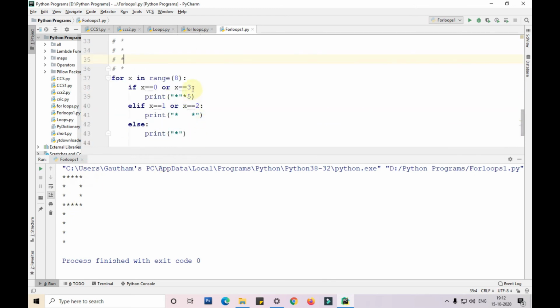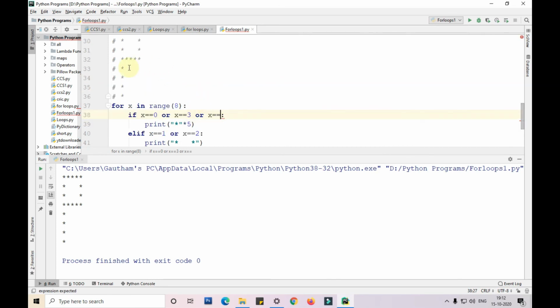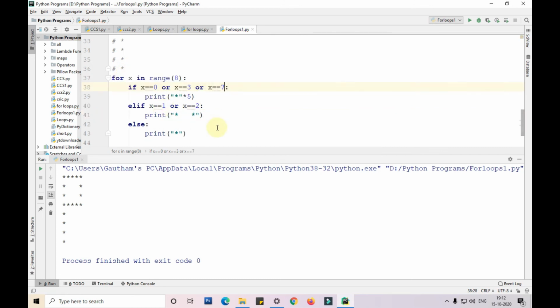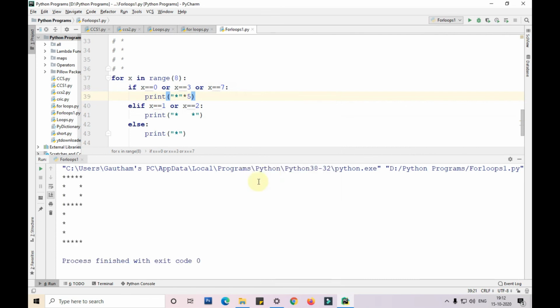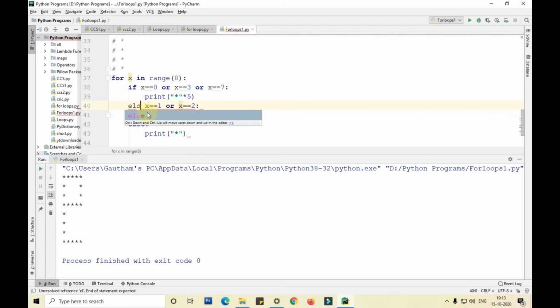That is, for B, we need to write another OR. X equals to 4, 5, 6, 7. And let me run this program now. So we did not do it in a proper way. So we need to write else here and remove these two conditions.